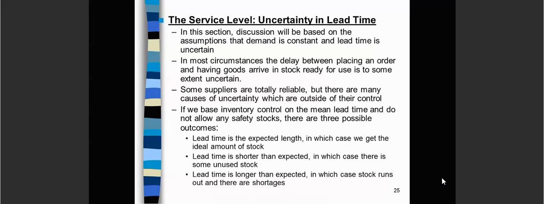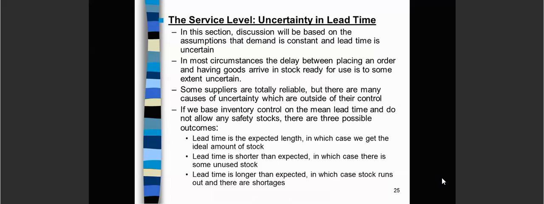Some suppliers are totally reliable, but there are many causes of uncertainty which are outside of their control. If we base on the inventory control under the mean lead time and do not allow any safety stock, there are 3 possible outcomes. Lead time is the expected length, in which case we get the ideal amount of